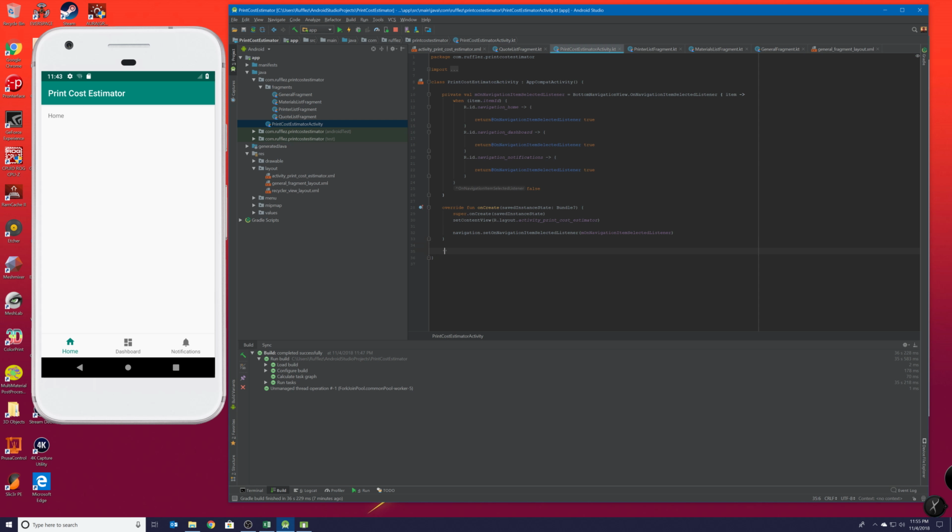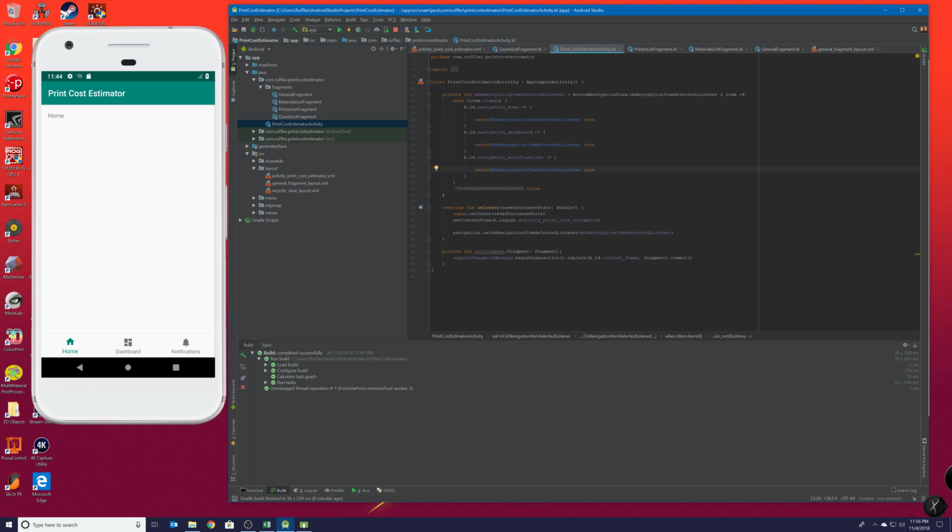Let's add a cool little function that's going to replace our fragments for us. So it's going to take a fragment, and we'll say, oh, we gotta name it, right? Set fragment. All right. Okay, so we need to get R.id.content frame with our fragments and .commit. All right, so now all we have to do is put in